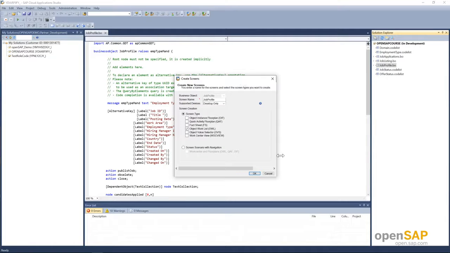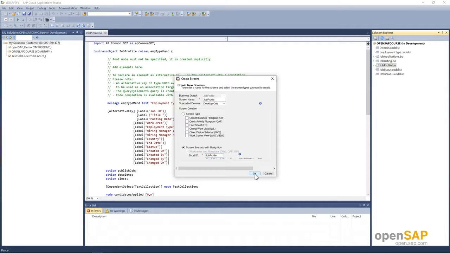Once you do that, you get a pop up. Select the option screen scenario with navigation, and I provide a short ID to this. I define this as job profile, and I click on OK.